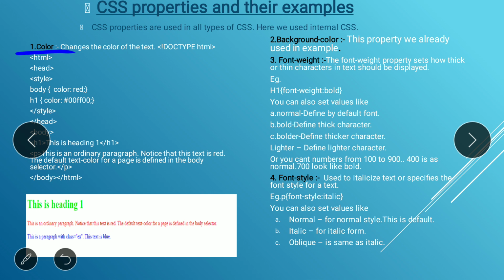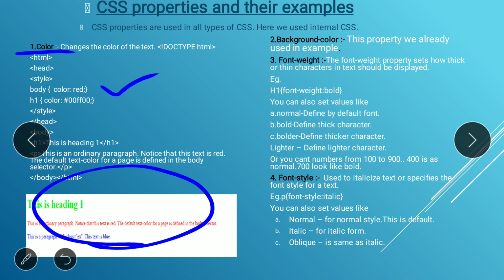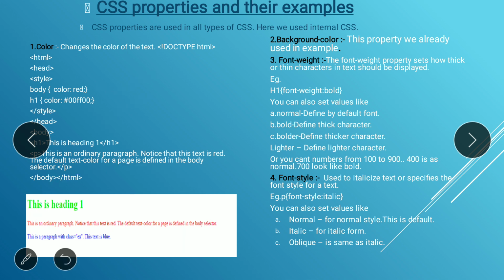So for paragraph I have to write the red color, and for h1 tag I have to give the green color. So here you can just write the name of the color, or you can also apply some code, that is the already specified code. This is different for the different colors. You can also use that code. Okay, color property is used to change the color of the text.